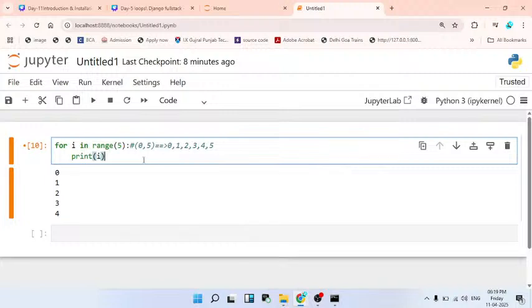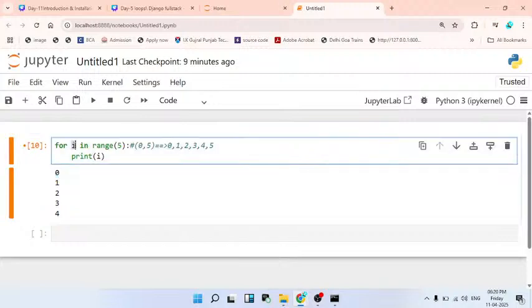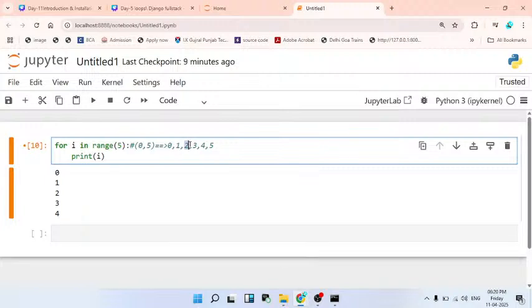In the first time of the loop, 0 will be stored in i, and we tell it to print i. So i holding 0 in the first loop, we print i here. The second time the program runs again, and in i we store 1. So 1 will be stored in i, and we again tell it to print i, so 1 is printed. The same concept applies for the third time: it holds 2, print, 3 print, 4 print, and